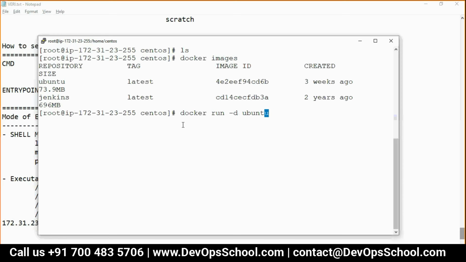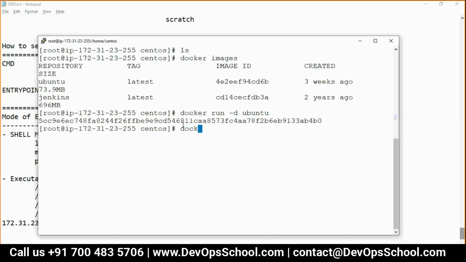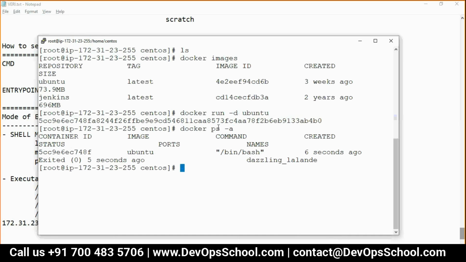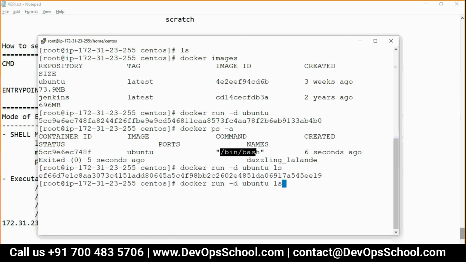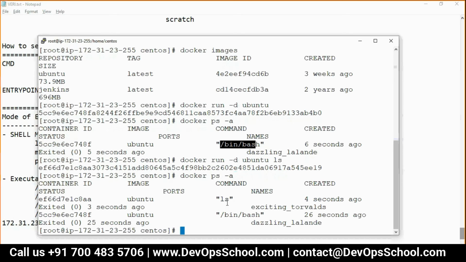Okay, Ubuntu, you see here, I just don't care about whether it's exiting or not. Why is it exiting? You know that. I did not add anything for this, so that's it. Now, what is this command? Bin bash. So Ubuntu is with the CMD I showed you, and I run it with bin bash. Now you see here, it got replaced.